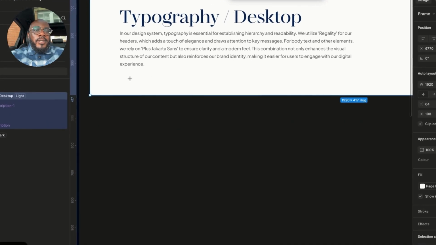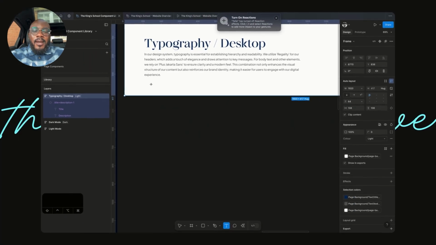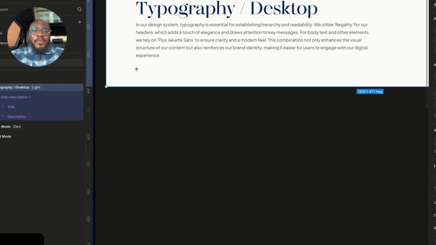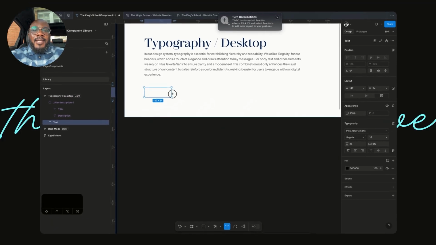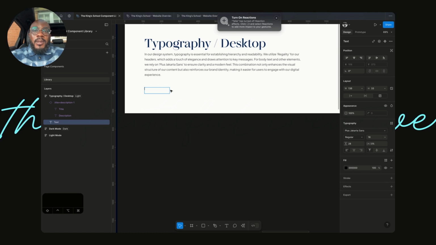So the first thing I'm going to do to set up my type spec component is create a text frame. In that text frame, I'm going to create a few text frames, and they're going to become part of an auto layout group, and then we're going to attach some variables to them. So the first thing I'm going to do, I'm going to create font